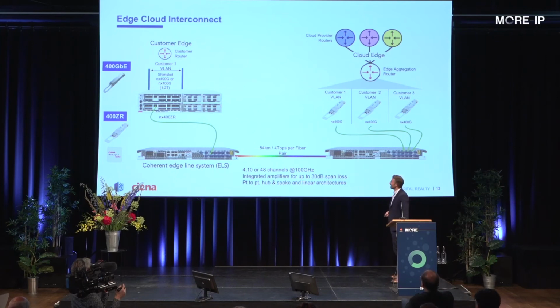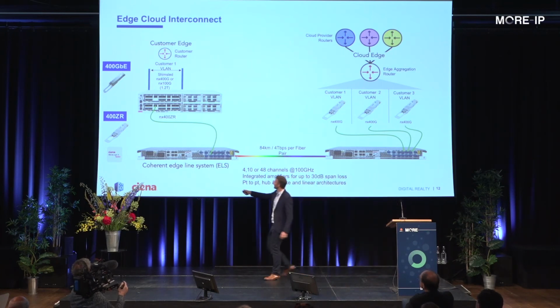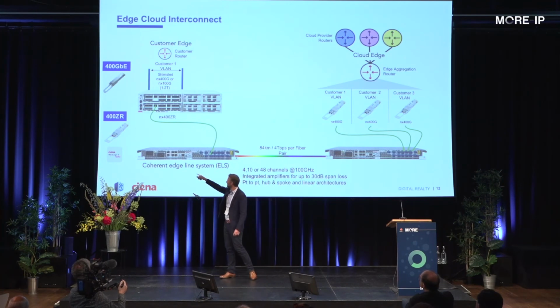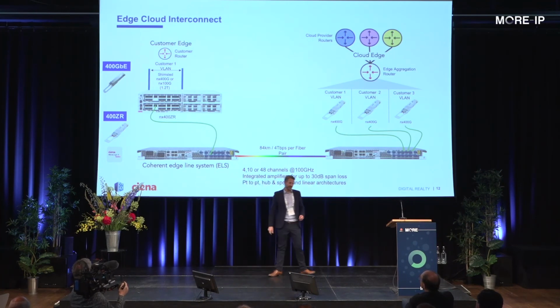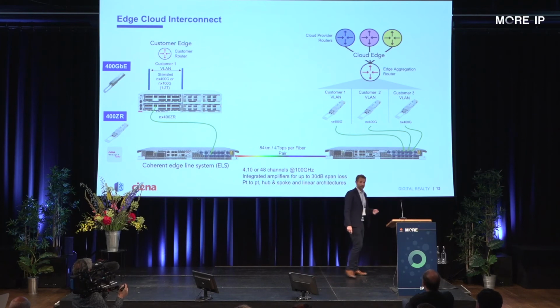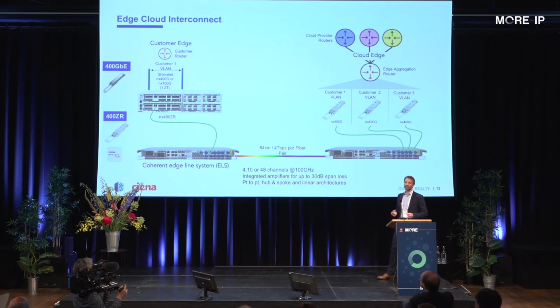Okay. And another technology that you probably started to hear about is the 400 gig ZR. So what is 400 gig ZR? Basically, it is this, I don't have any pointer, but it's this plug. And this plug is able to transport 400 gig of traffic over 80 kilometers. So it's very small, low power, low footprint. And basically, you can use this kind of plug to transport the data with the same Edgeline system.